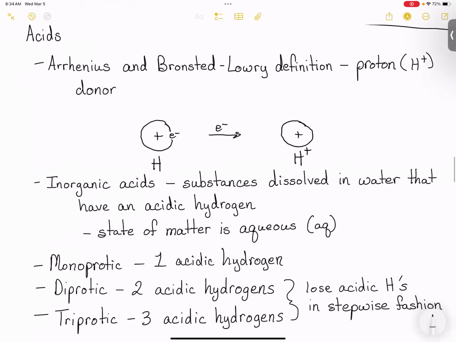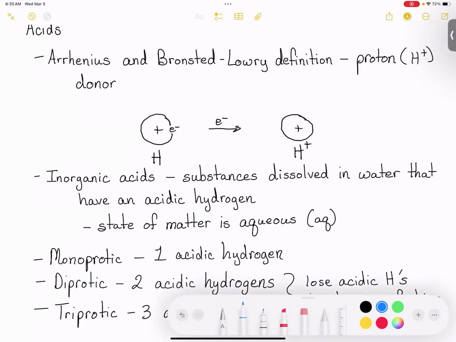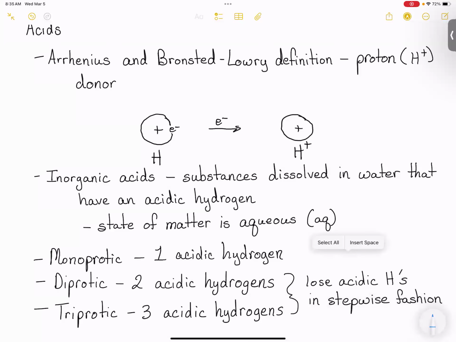Now, acids can come in, well, technically they can have more than this, but we can describe an acid by the number of hydrogens that are donated. When we're dealing with a monoprotic acid, we're talking about there being only one acidic hydrogen. An example of a monoprotic acid is going to be HCl aqueous